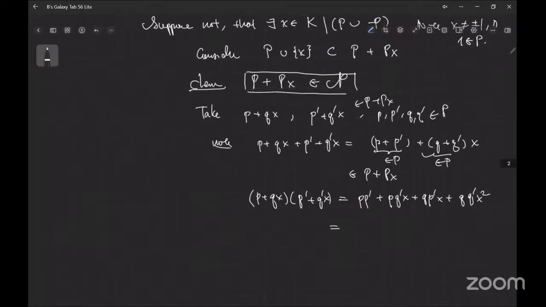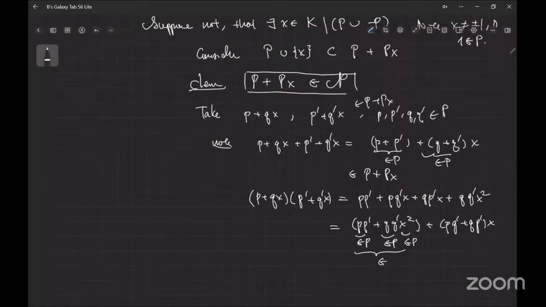By working this out, this is PP' + QQ' X squared + (PQ' + QP') X. All right, so let's check this out. PP', that is in P. QQ', that is in P, because both of them are in P. X squared, a square, that's in P. So now this is all in P, because a sum of P and a product of P is in P. This is also in P, so this is in P + PX. Great. So it's closed under